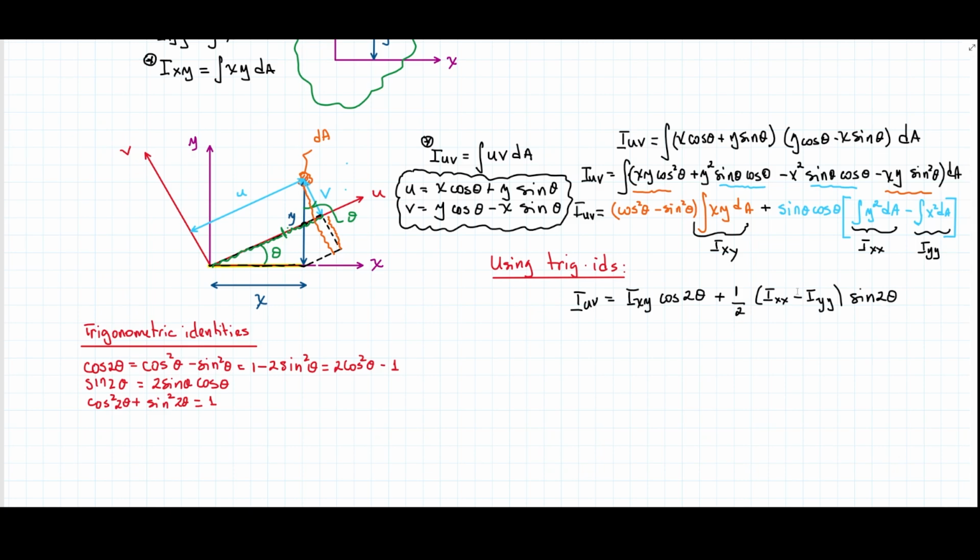Now, having that, I could ask, what happens if I make that equal to 0? That would tell me how angles and moments of inertia, products of inertia, or second moment of area, or product second moment of area are related to each other. Meaning, if I can find that angle theta, that would tell me the orientation with respect to the x and y coordinate system of how this other axis, or the principal set of axes, is oriented. So if I make this equal to 0, to find the orientation of principal axis,